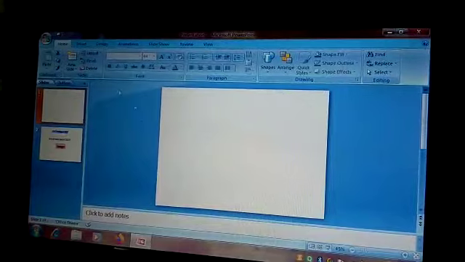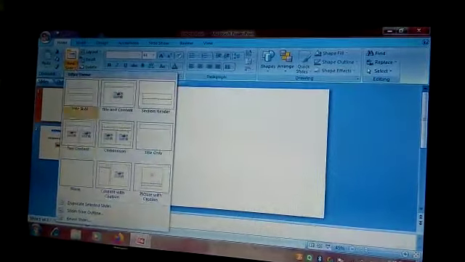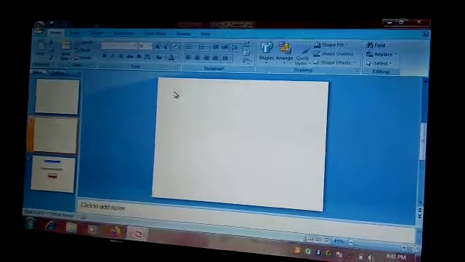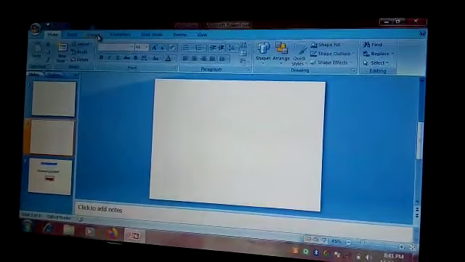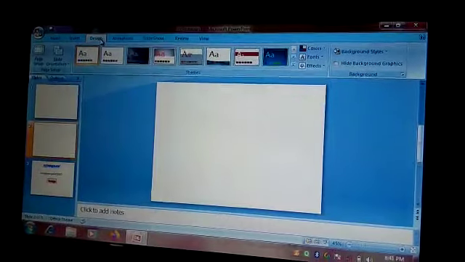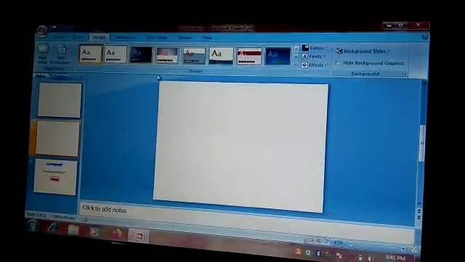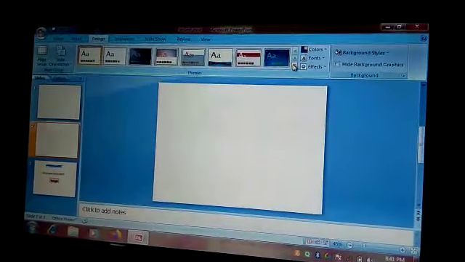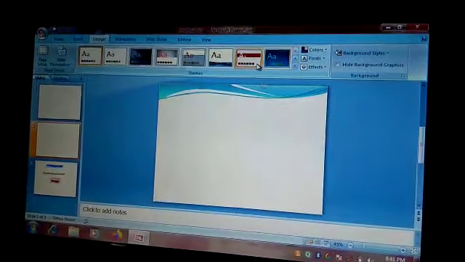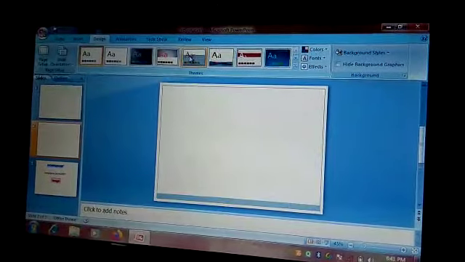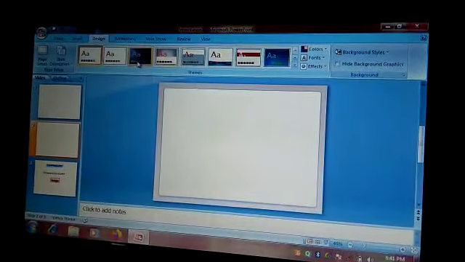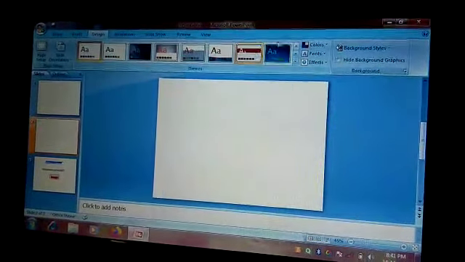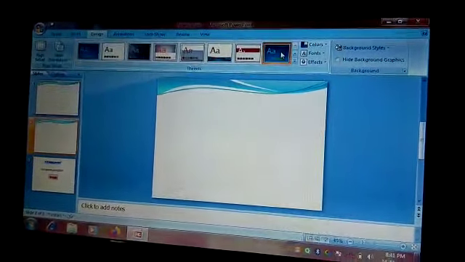If you click on new slide, again it is before you girls. A new slide is over here. Layout you can take from this layout also. And then if you want to apply any predefined themes on the slides, you can select any theme out of this given over here. It is showing you the effect of these themes. If I select any theme out of here, I can apply it to my slide. You can see its effect also over here. Suppose I want to go for it. I have selected this one.